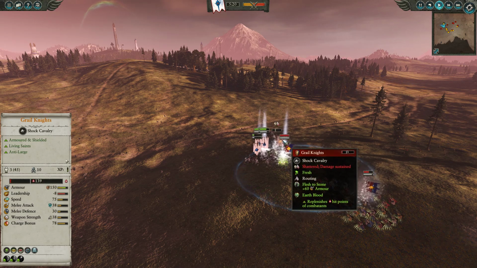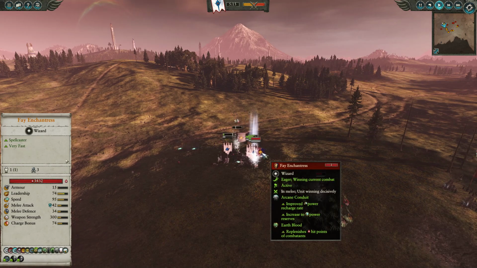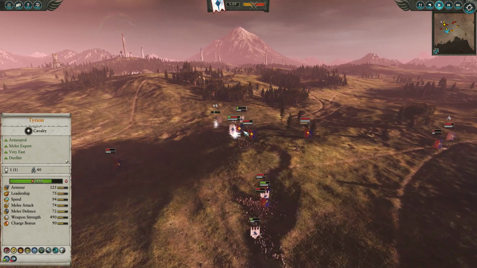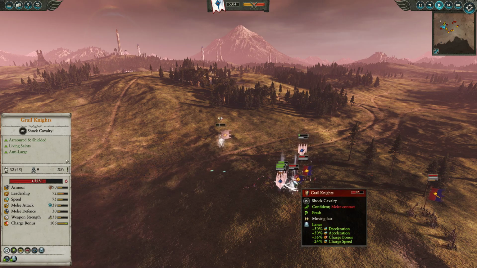You can see she is casting Earthblood, but it's way too late for these Grail Knights, who are shattered, and despite the catapults coming in, we are now swarming the Fey Enchantress and really applying some pressure to her. Perhaps it would have been more ideal for me here to engage on the Grail Knights, since the Fey Enchantress is very quick and can outrun even Tyrion, but nonetheless, definitely pretty nifty catch there, and she's taking some heavy